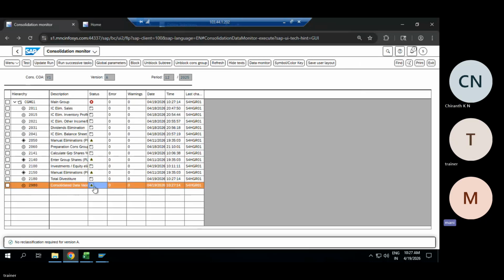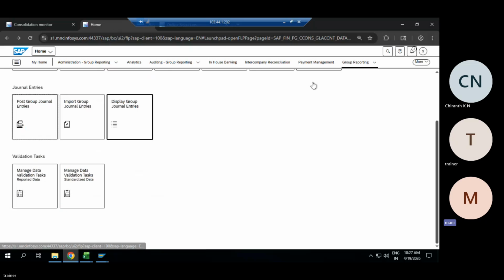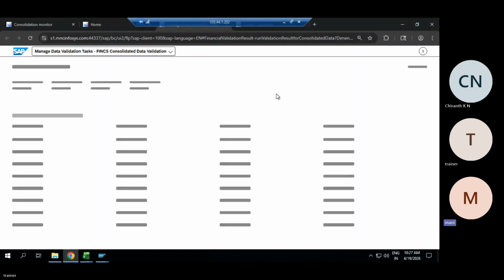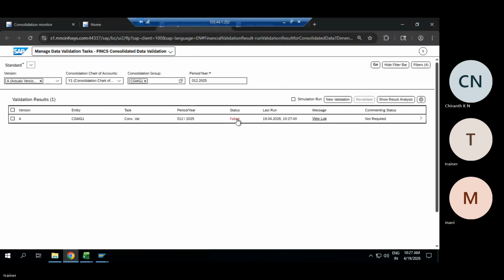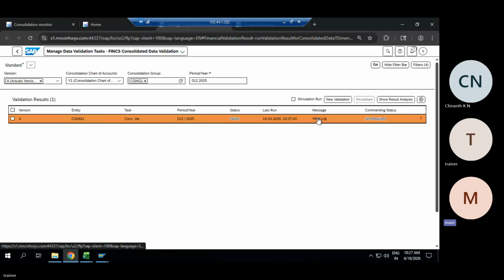Consolidated data validation: I will just run this. After that, whatever report I am able to see, because we have completed these steps earlier, that's why we are able to view the consolidated reports, this group report. Failed means, remember, some asset and liability were not matching.